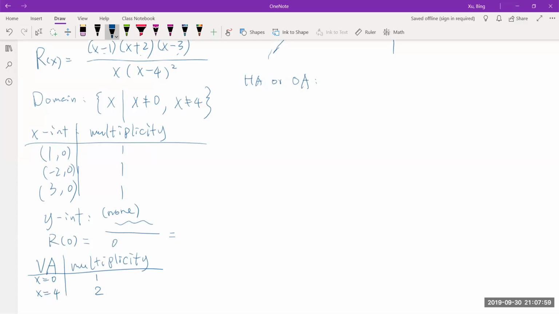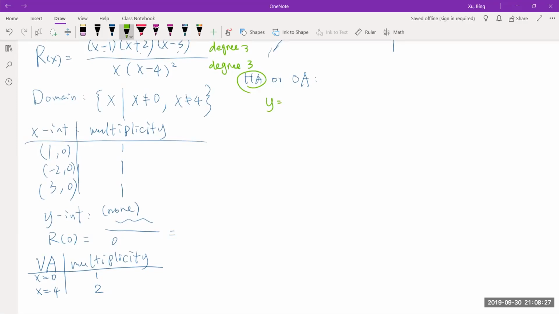So how do we decide on the horizontal and oblique asymptote? We look at the degrees. Degree on top is 3. Degree at the bottom is 3. So that means what kind of asymptote? Horizontal, and the equation is